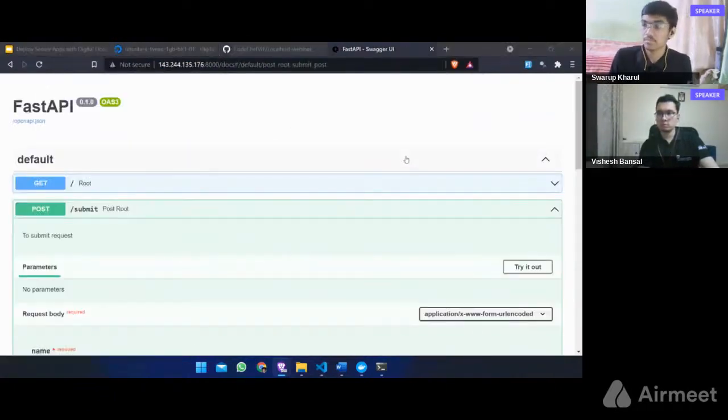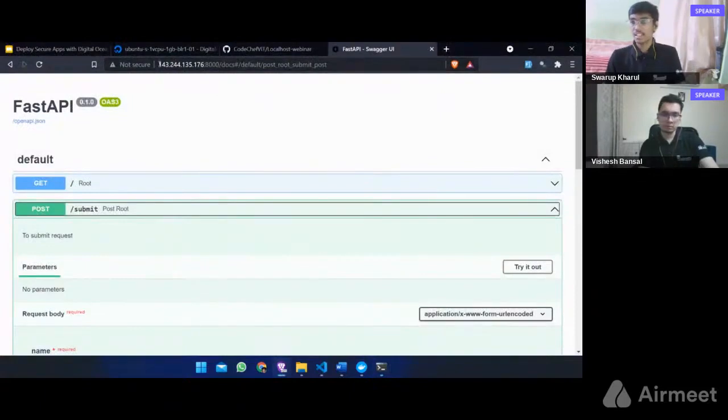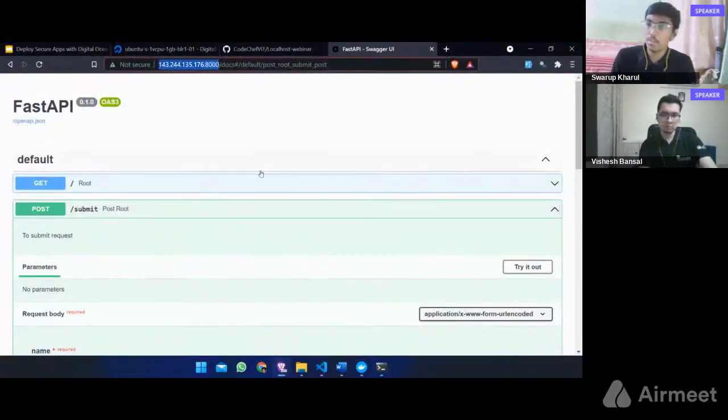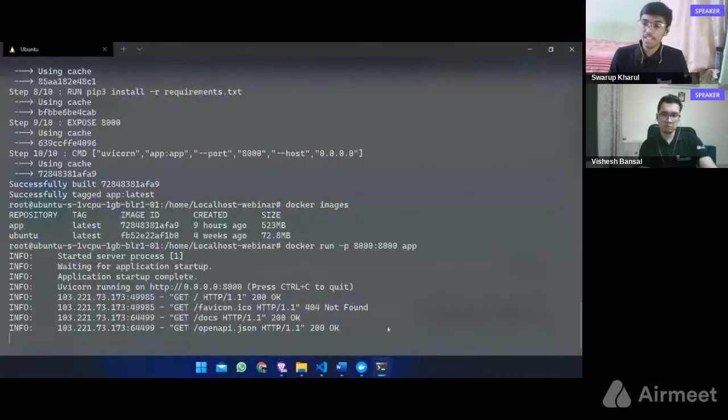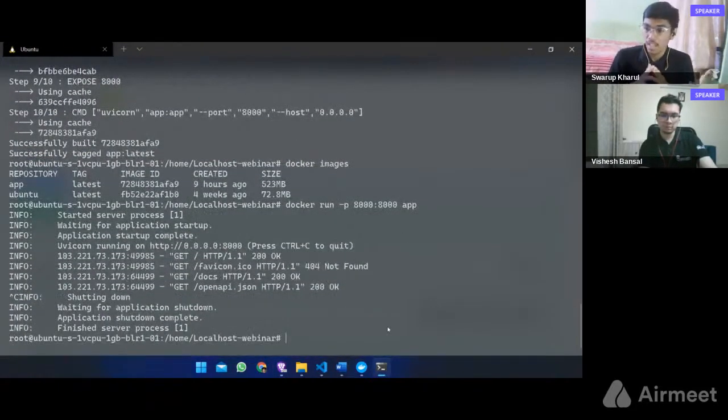Okay, it's working. Now you'll be wondering why our link mentions a port, but normal websites do not mention a port. For that, we need to use port 80. Why port 80? Because ideally, our server shows anything that is running on port 80. Right now there's nothing running on port 80, so it will not show anything. But as we have exposed port 8000, we'll link it to the server's port 80. So it will show what is there on port 8000 of the Docker.